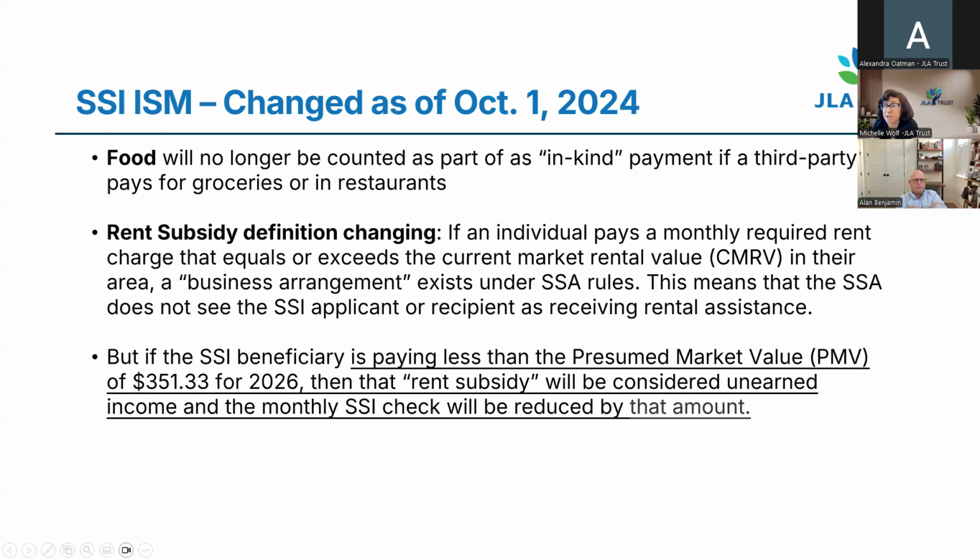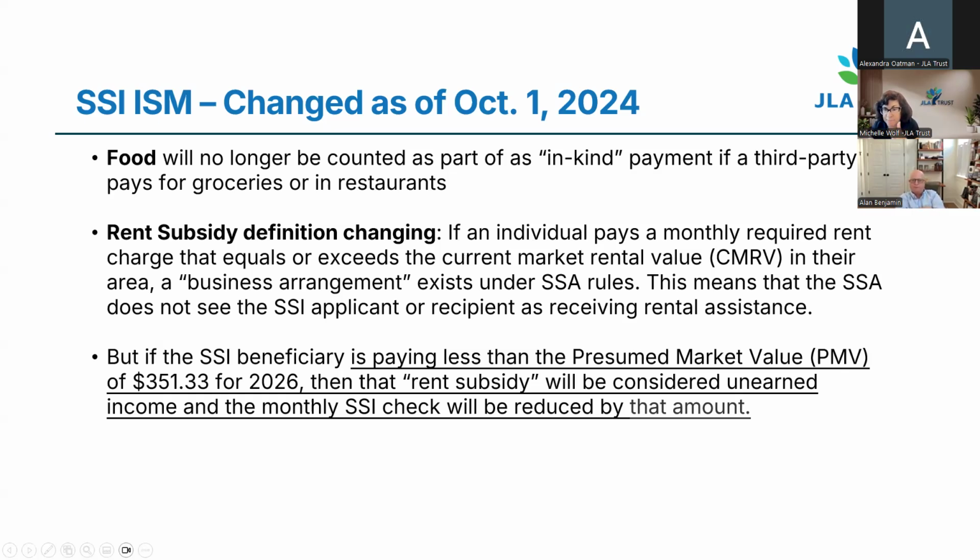Now, there were a bunch of rules changed back on October 1st, 2024. Believe it or not, they used to penalize you if somebody else paid for your food. That was a very bad policy, but that changed. Now they changed the rent subsidy to something called a business arrangement. What that means is if someone is paying enough rent, which they defined as equal to or exceeding the current market rental value, then that's going to be okay,